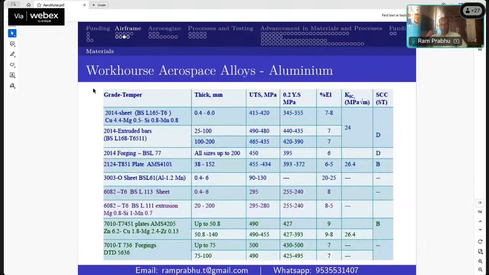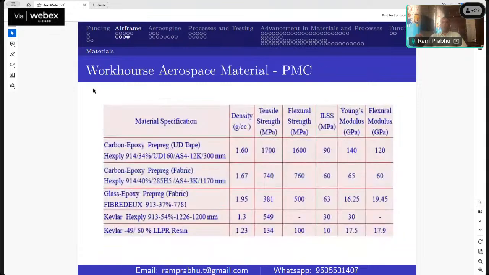Otherwise, any research you do and you get me the property below this 550 MPa limit, or 6% elongation limit, it's not useful for me at all in my airframe application or any aluminum alloy application, because I have a better material. Okay. Similarly, coming to the carbon fiber reinforced plastic, we call it carbon epoxy prepreg,